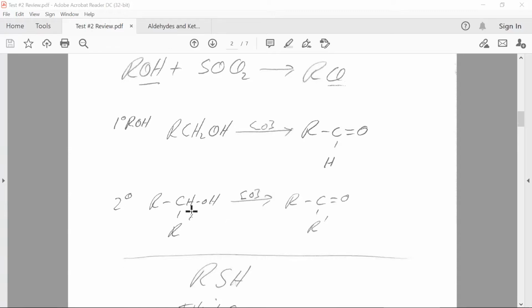If you take a secondary alcohol and react it with an oxidizing agent, you do the same thing: lose this hydrogen from the carbon with the hydroxyl group and the hydrogen on the hydroxyl group, and form a carbon-oxygen double bond, and you form a ketone. Now, tertiary alcohols never react,